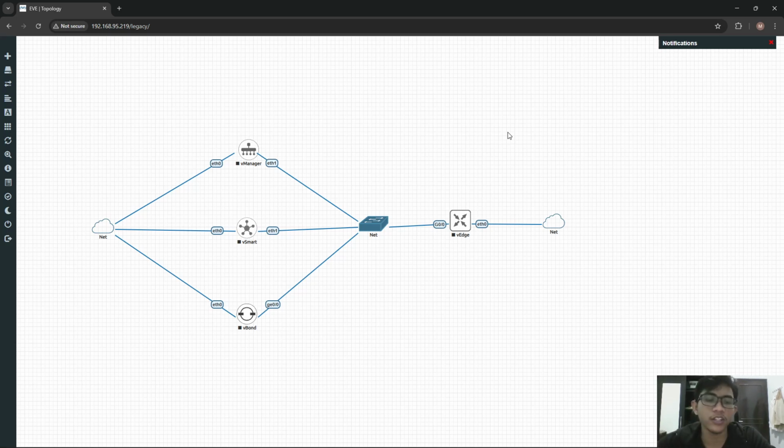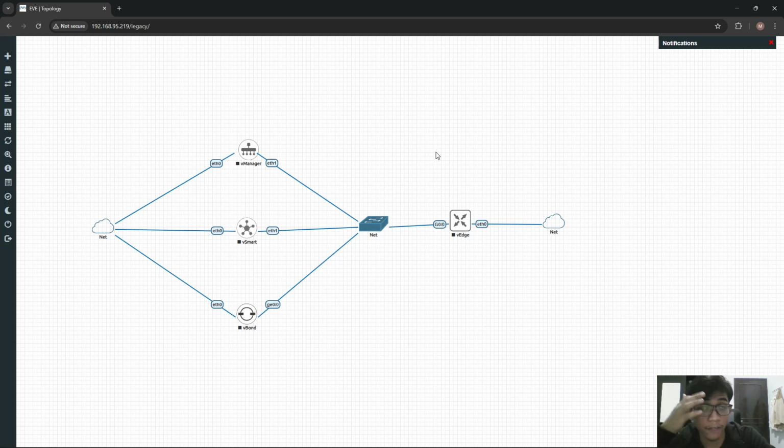And the third device is vBond. vBond acts as the orchestrator. I'm sorry, it's very difficult to pronounce. Orchestrator. Its main job is to help devices discover each other.